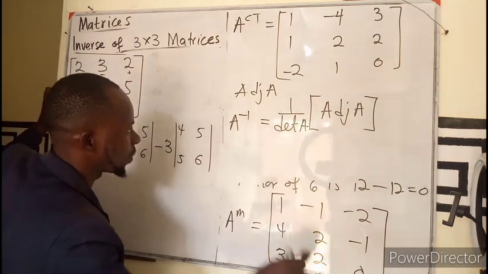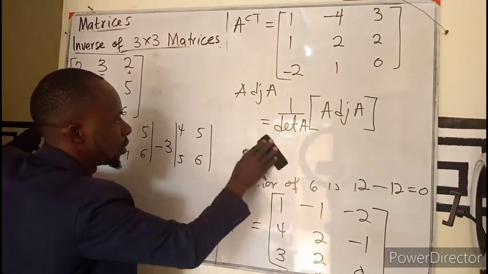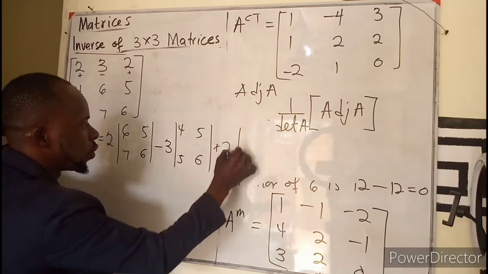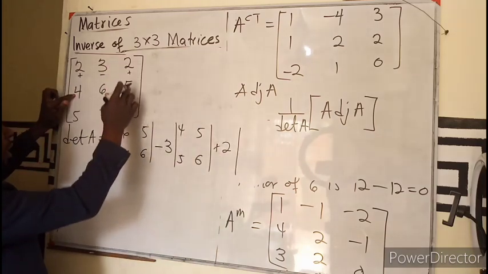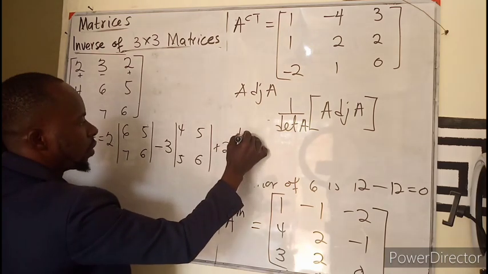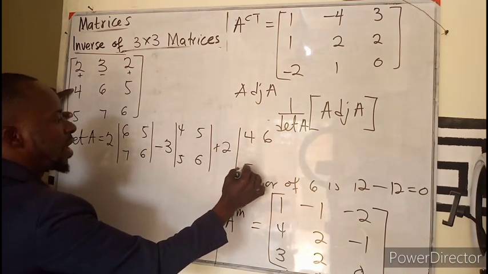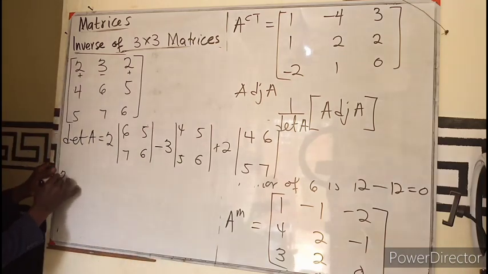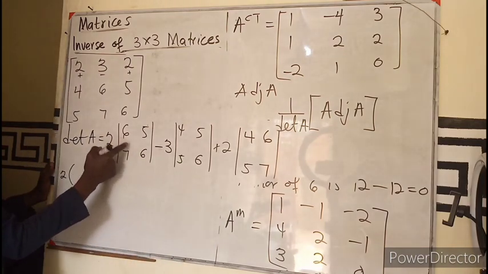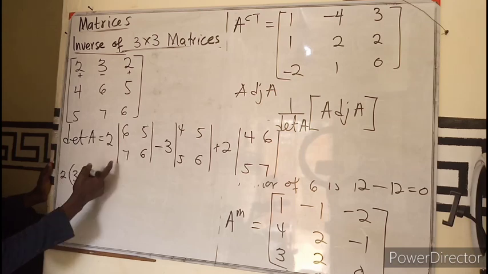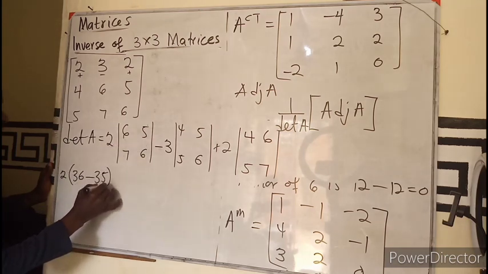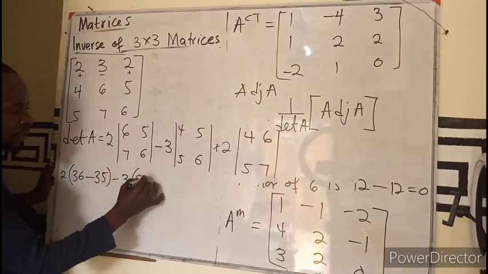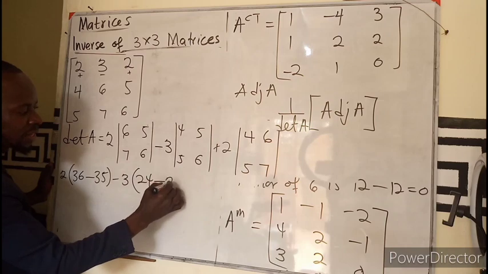Then I'll be having plus. So plus 2. All this is going to be left with 4, 6, 5 what? 7. So let's go. This is 2 times leading diagonal 36, other diagonal 35, minus 3 leading 24, other 25,